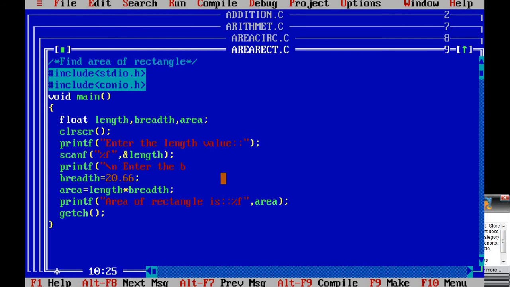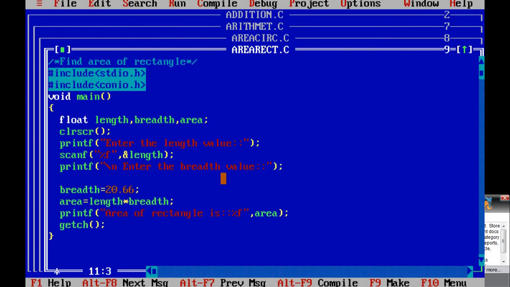Enter the width value, then write scanf. Again write the format code %f comma ampersand width, bracket complete.